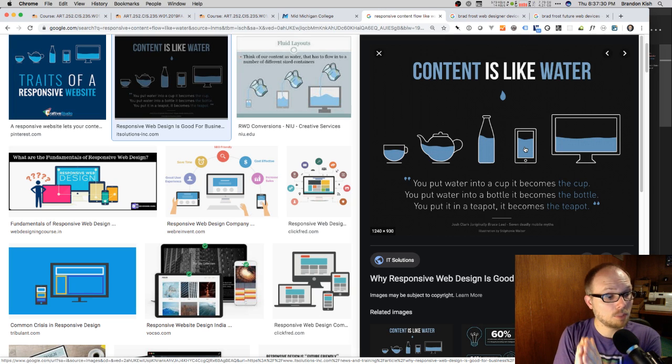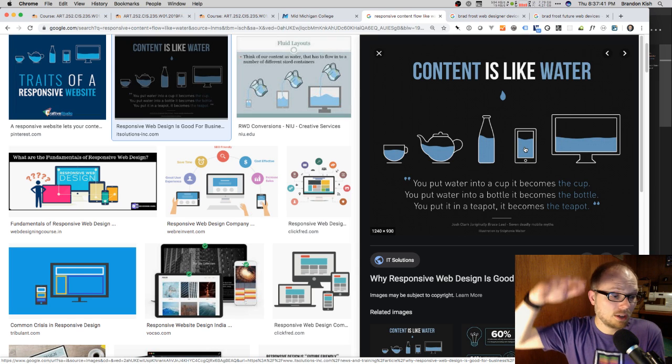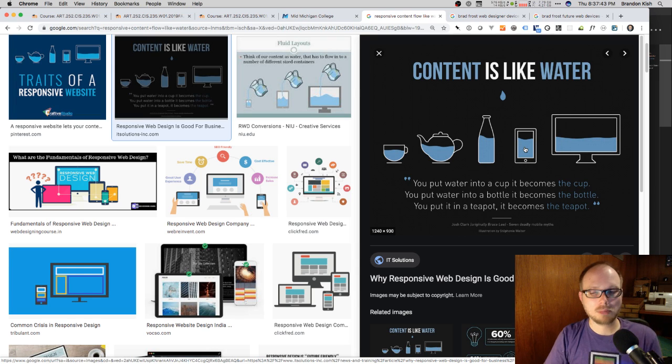But when you have a bigger desktop screen, like I've been saying a couple times now, that content reflows. Typically you have more columns of information that appear. You don't have as tall of a web page, you have a wider web page that can show more content. So I love this graphic, and I love that a student shared it with me. And I hope as you do research, if you find an explanation of responsive design that means something to you or that helps you understand it, please share it with me.